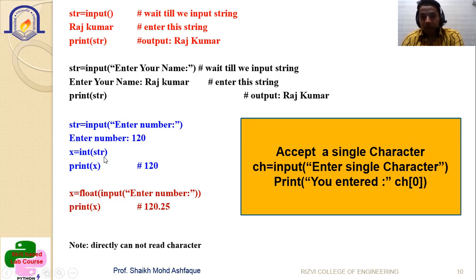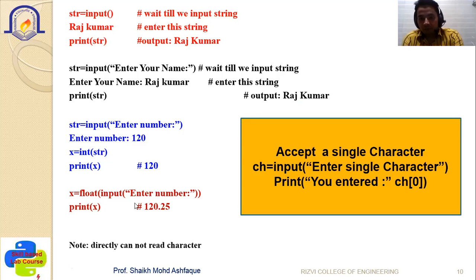At that time what you can do, first you will use str equal to input, enter a number, then enter a number 120. 120 you have it, but basically that is your string. So you have to write the int. X is equal to int, then that particular str, so it will be treated as your number. Now whenever you print x, it will be 120. Similarly here also, first you write int, then inside the round brackets you write input, then round bracket enter a number. You can also write the consecutive statement in one statement as well.